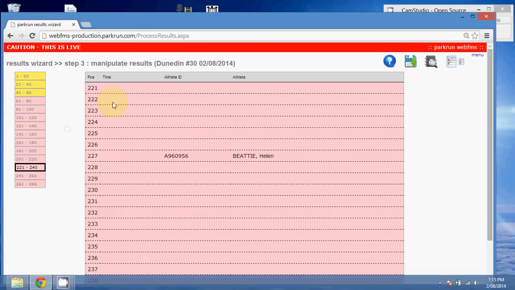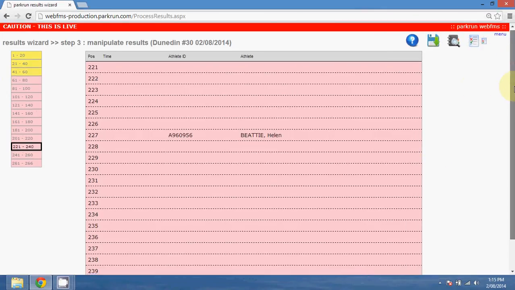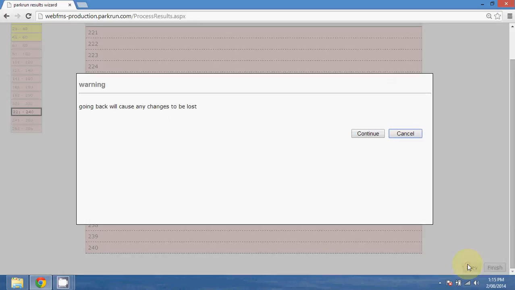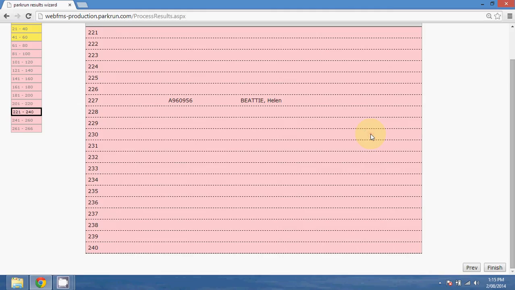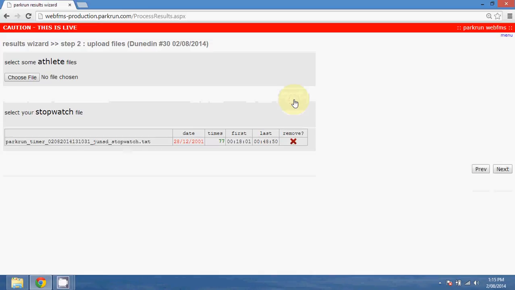So what we do in that situation is scroll down. We go to previous because we want to change the original data before it gets to this stage. Going back will cause any changes to be lost. We hope so, because we're not supposed to have made that mistake. Now it's the barcode data that's wrong, so we can remove that, and then I'll just minimize this screen so we can go back to the results,